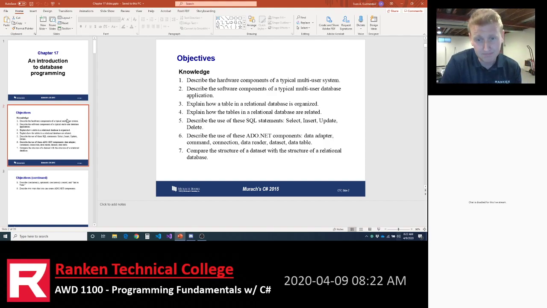Now, again, modern databases, since the 50s or the 60s, have been relational databases. Relational databases have been around forever. Okay, now they do have another database type that's not a relational database, and we'll kind of get into that a little bit later. I don't need to for now. We're going to focus on relational databases. But suffice to say, it's not the only database type that's out there.